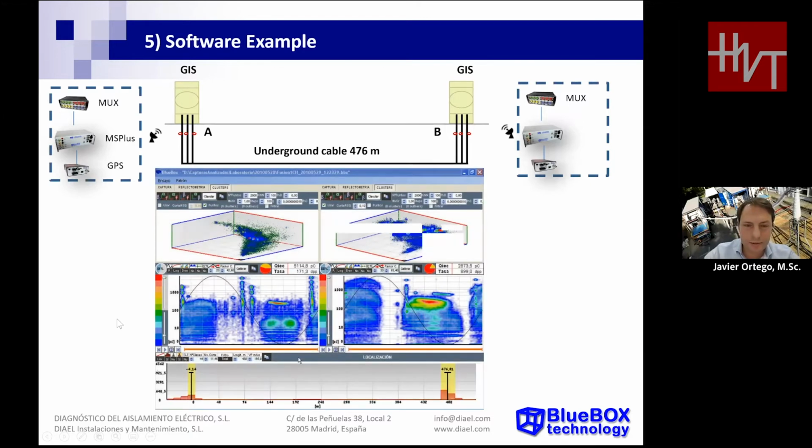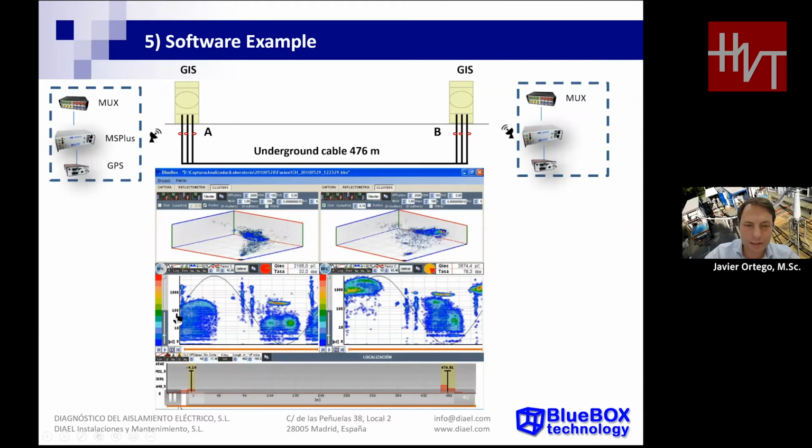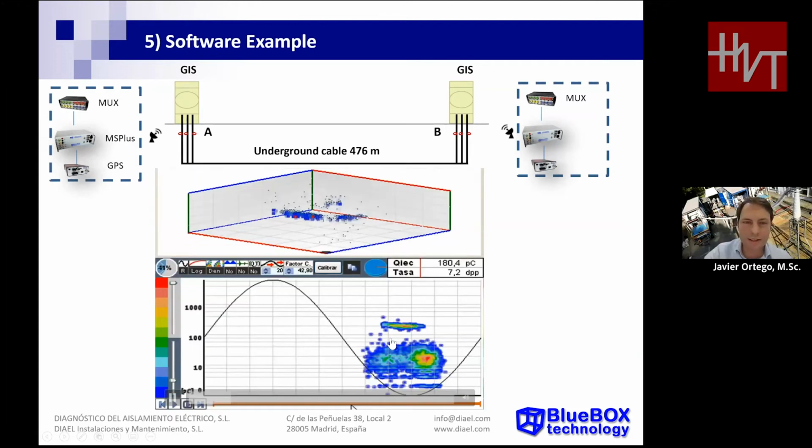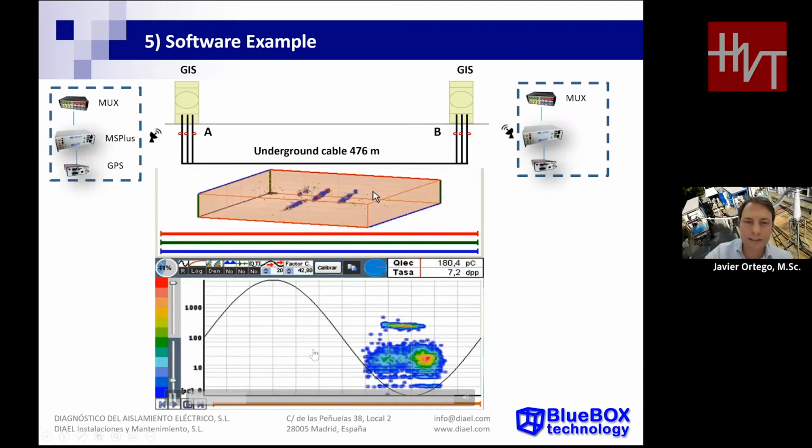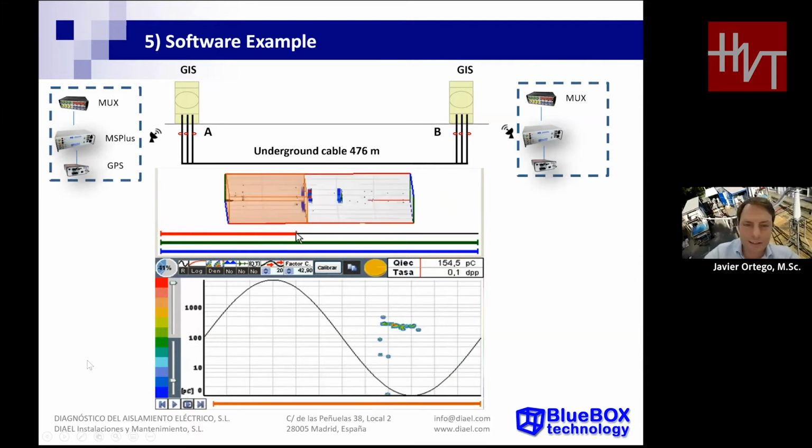Okay, now we have the measurement localized. We can filter the information for the localization at the position of substation A, and we will see the PD pattern of the PDs located at substation A. In this PD pattern, maybe we have more than one PD phenomenon, so we can use the three-dimensional space to cluster the information and to see the resultant PD pattern for each phenomenon.